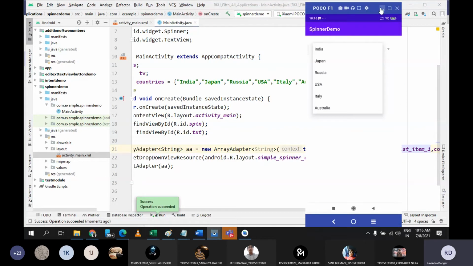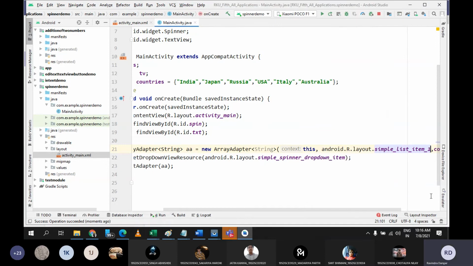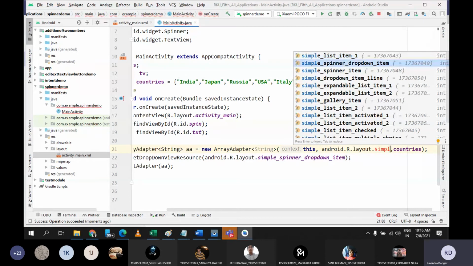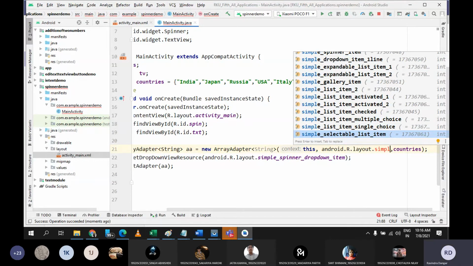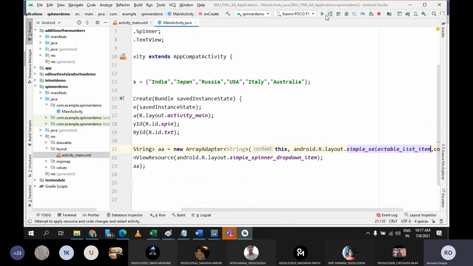I think it is similar. Let me go with different pattern. Let's go with this one, if I can show you. But I think for list item I cannot go with this.